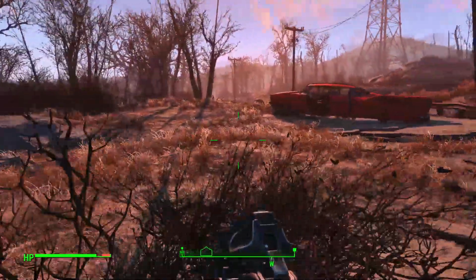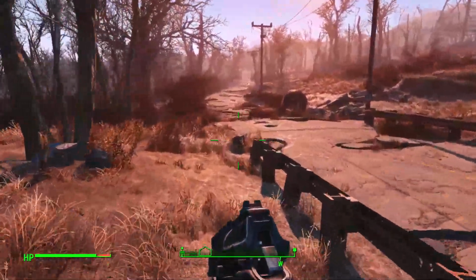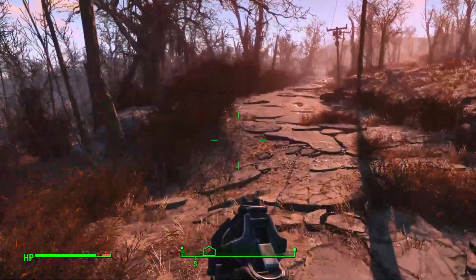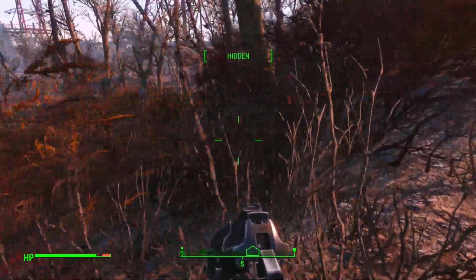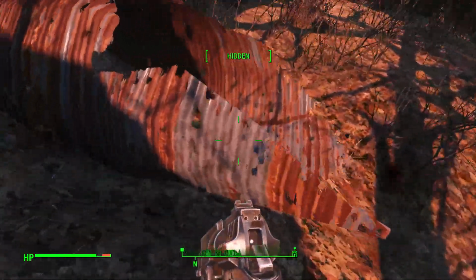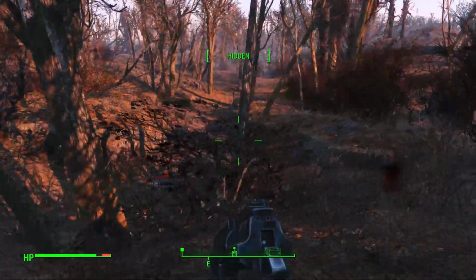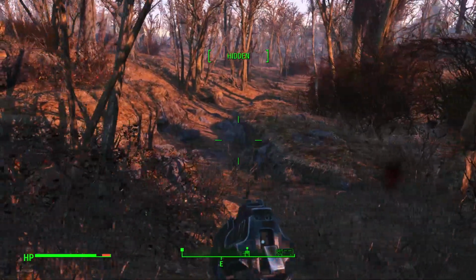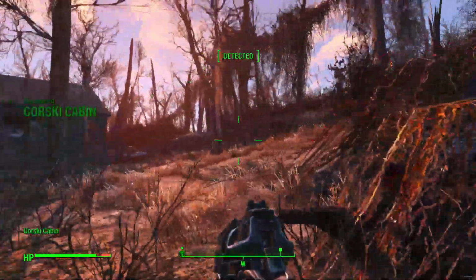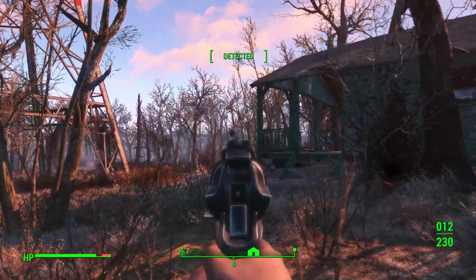A lot of this kind of stuff we'll probably end up using as we get into base building. I realised I said I was going to go back to Sanctuary, but I clearly lied. Because I'm in fact going this direction. I don't know what's over here, but it's a water pipe, a sewer pipe, something like that. Looks like it might have been a water pipe. It looks like a sort of stream bed. Gorski cabin. Oh, what the? Oh, that's...